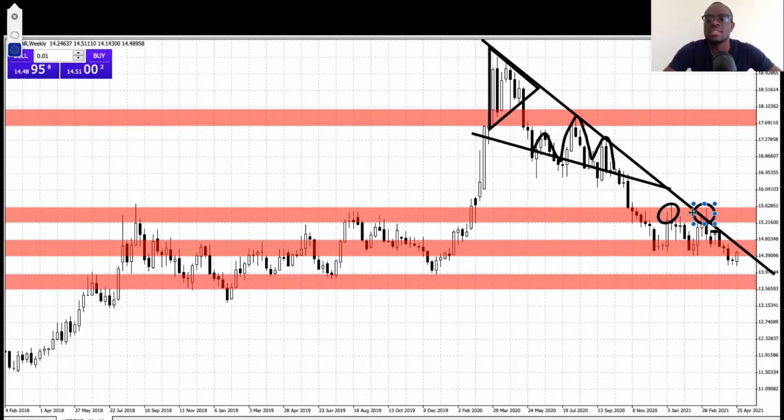Since this zone held as a resistance zone, and since the price has been forming lower highs and lower lows, we'll be expecting the downside movement to continue. We'll be expecting that this reversal that's happening is not going to close above this high. So it will be retesting this region as a resistance zone, both the trend line resistance zone and the horizontal zone, and after which, if it holds, we'll be expecting the movement to the downside up to